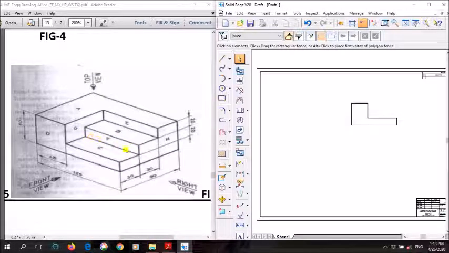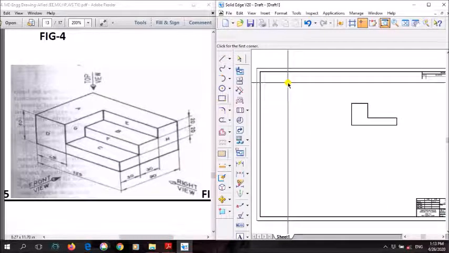Its length is again how much? Similar to this length. We have taken this length as 80, right? So 80 plus 45 will be 125 total. This is 80, and what is this side? They have given 20. So we need to draw 20 by 80. Already 80 is available here. You can see on the right side of the screen, this 80 is already available. We just need to draw 20 and then close it like this. I'll just zoom it.